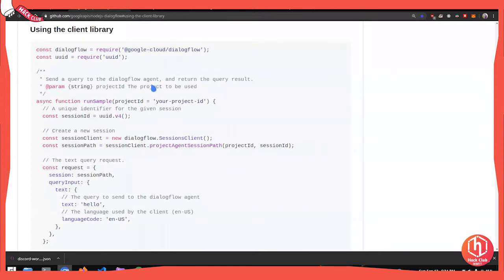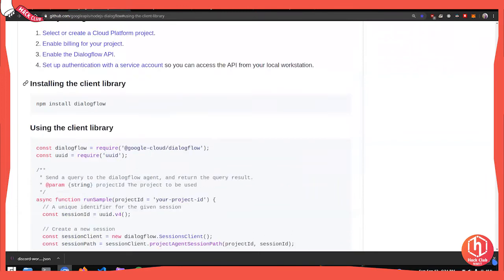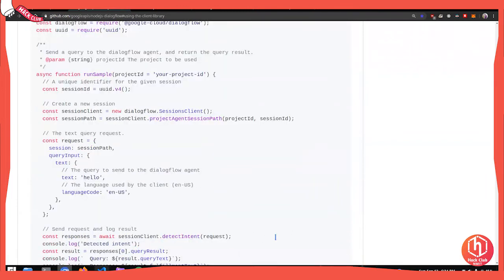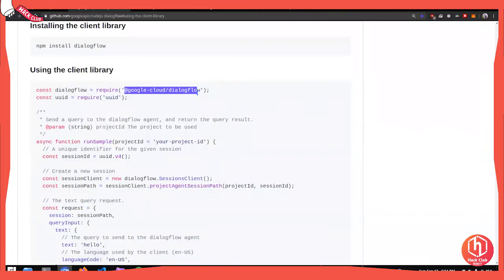All right. Now here, it needs you to install 3 more packages, so we'll go ahead and do that. I'm just going to close this off. I'm going to use the same command as before, npm install, and here you can specify multiple packages with a space in between. So npm install, the package I need is Dialogflow, and this @google-cloud/dialogflow. I'm just going to copy it and paste it over here.